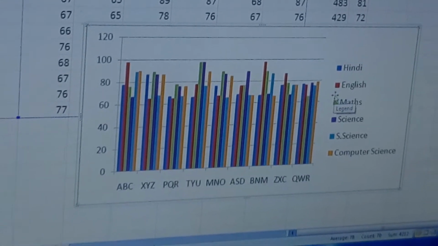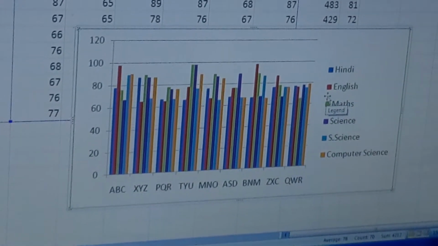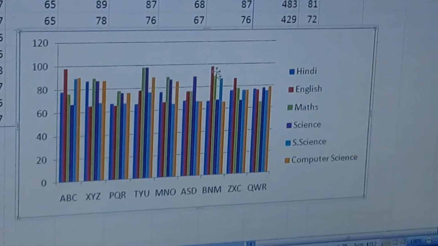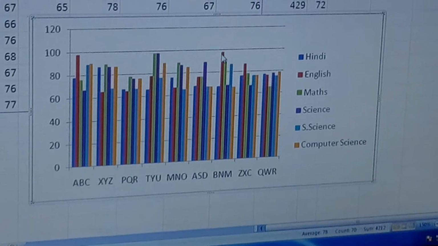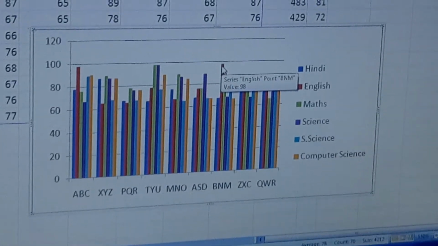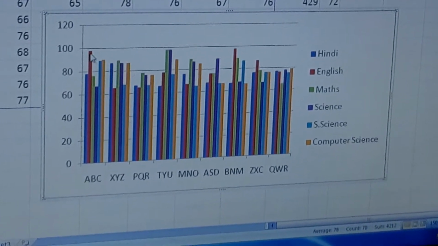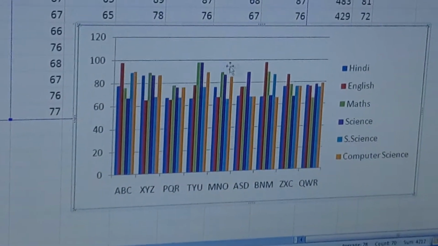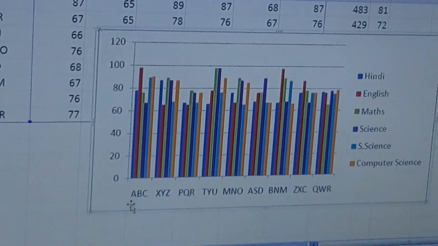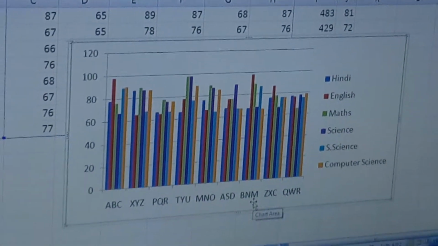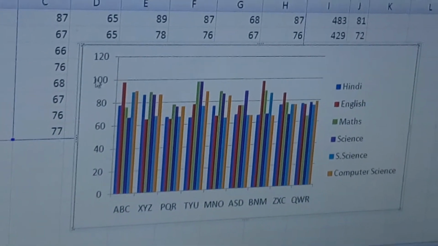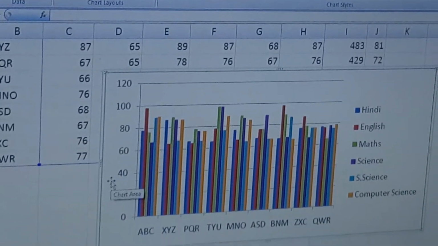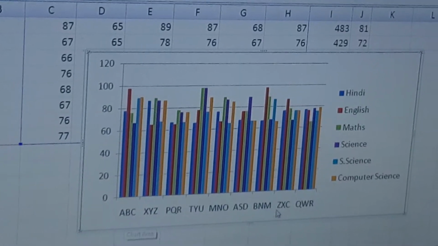Suppose for English, the highest marks are obtained by BNM, which is close to ABC. The BNM value is 98 and the value of ABC is 98. So the highest mark in English is 98, obtained by ABC and BNM. Similarly, we can find the highest and lowest marks of any subject of any student.